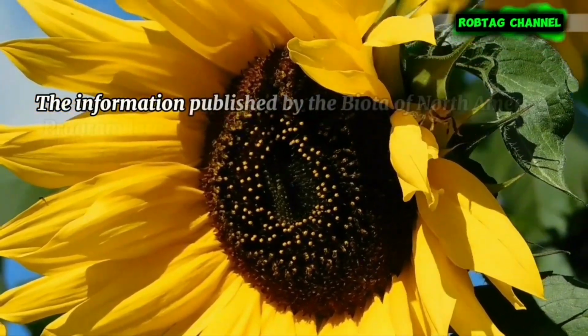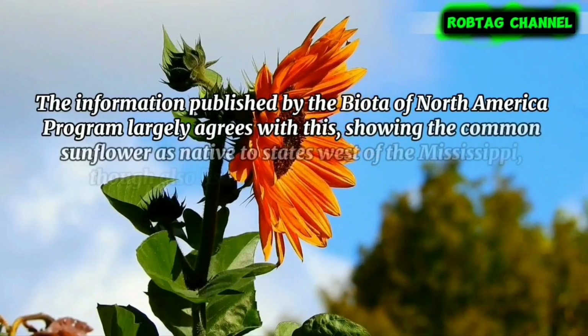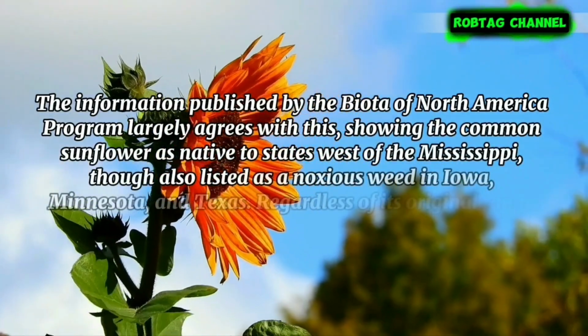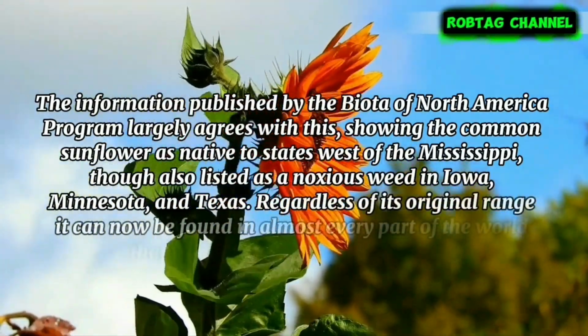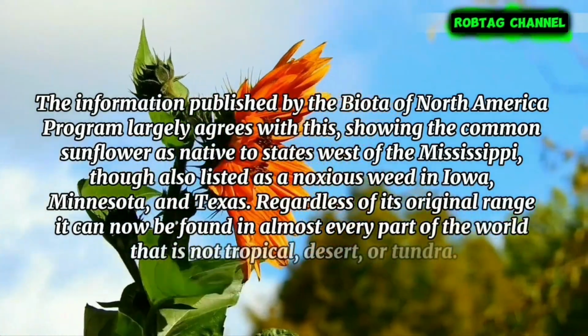The information published by the Biota of North America program largely agrees with this, showing the common sunflower is native to states west of the Mississippi, though also listed as a noxious weed in Iowa, Minnesota, and Texas. Regardless of its original range, it can now be found in almost every part of the world that is not tropical, desert, or